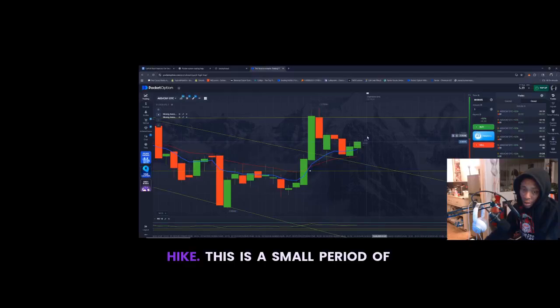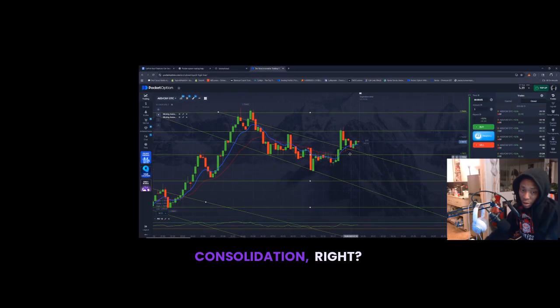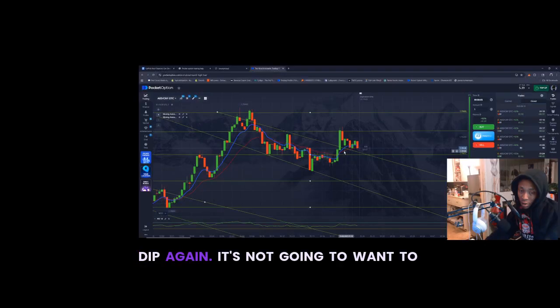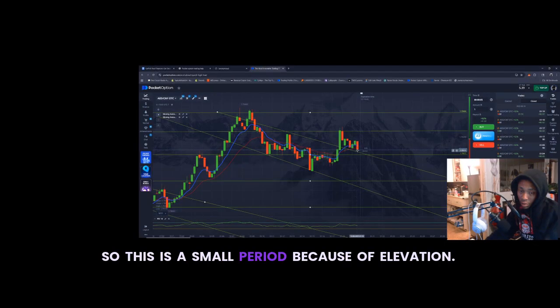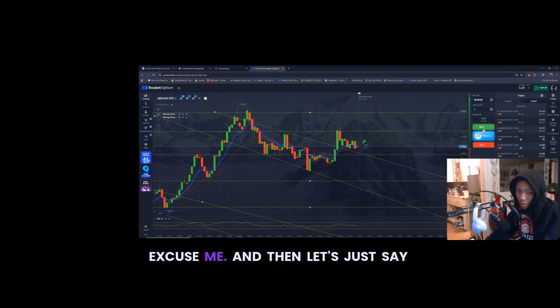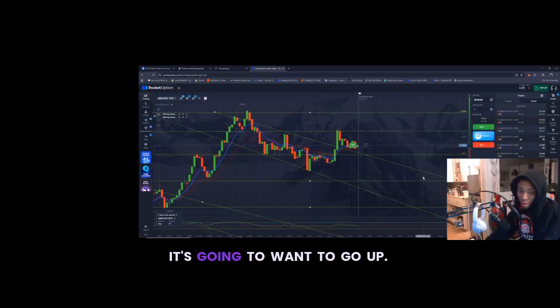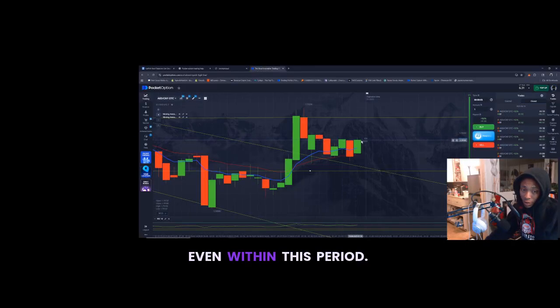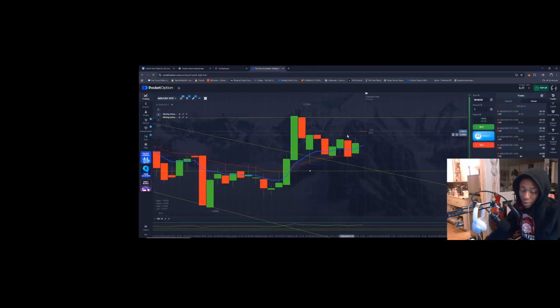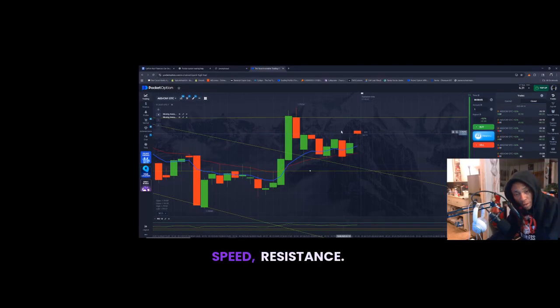So here comes the price hike. This is a small period of consolidation, right? There's that price hike, dip, consolidation, price hike, and then here comes the dip again. It's not gonna want to go past this. So this is a small period of consolidation, excuse me. And then let's just say it's gonna want to go up. Boom, I told you, look, we're already $6 in. Even within this period,